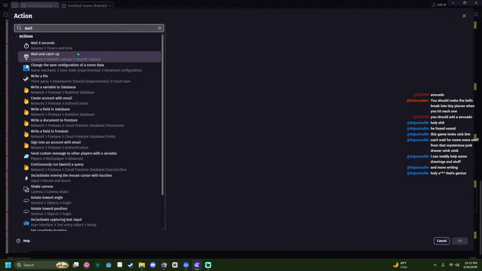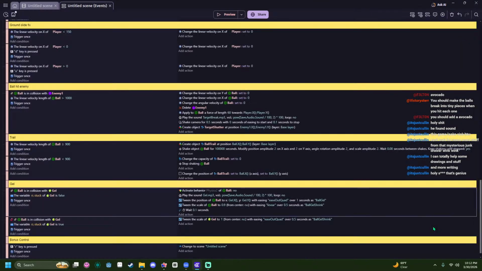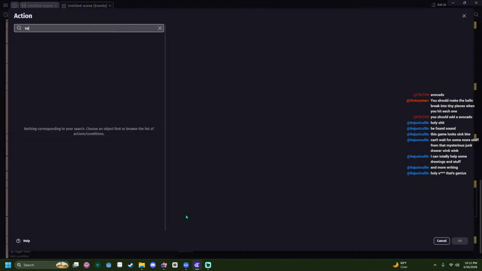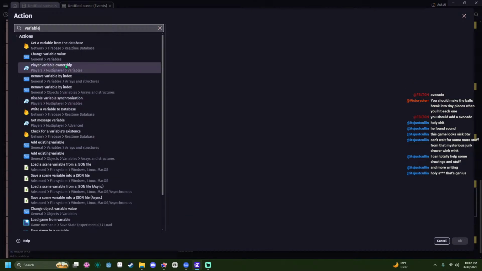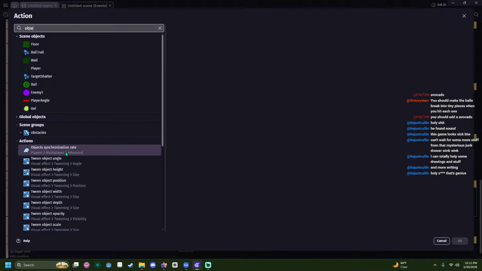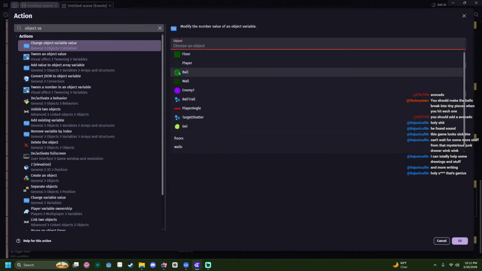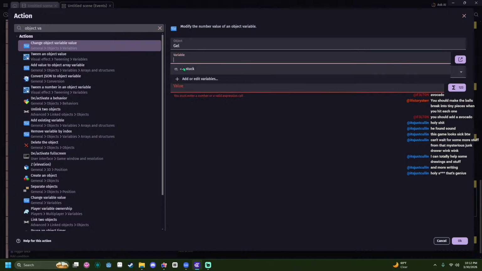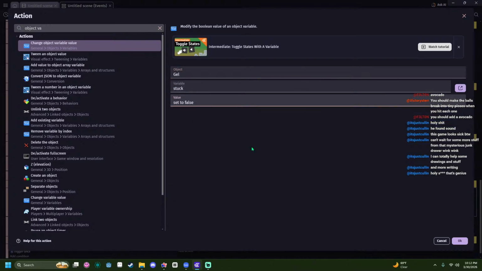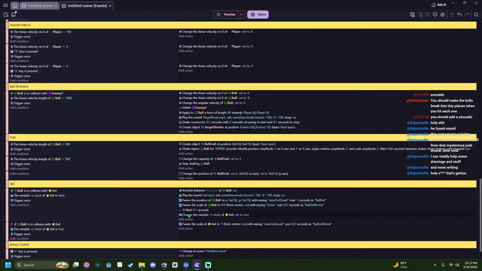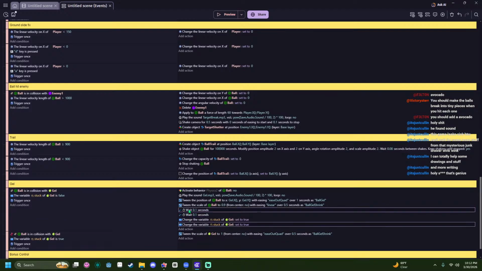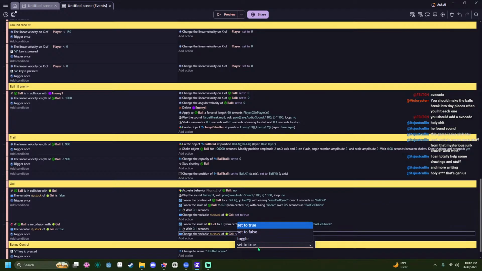We're gonna wait like 0.1 seconds, and then we're gonna set the object variable value gel stuck false or true. And same thing here, except make it false.